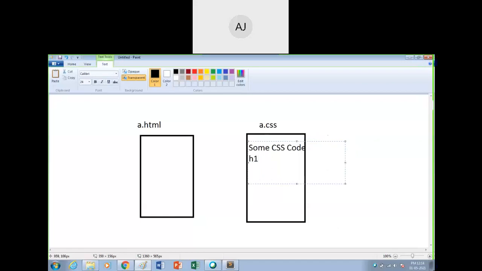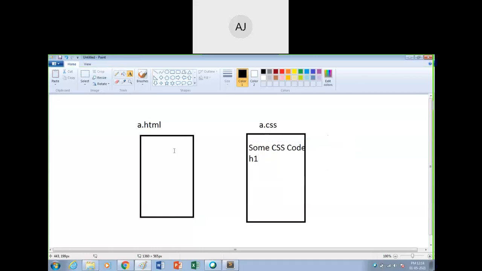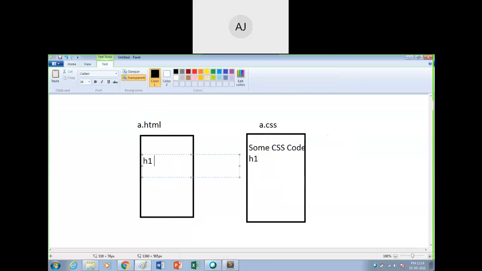Then if you are overwriting that code, the h1 code will be overwritten here. But in which section will this h1 code be overwritten? Either in the head section or in the body section.